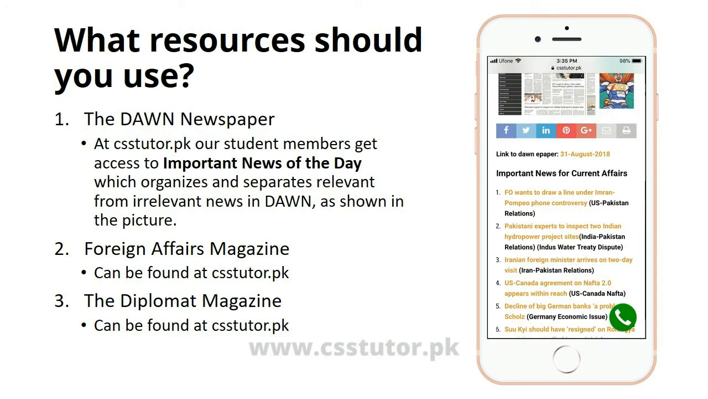In this slide, we're going to talk about what resources you should use. Firstly, you should use the Dawn newspaper. At csstutor.pk, our student members get access to important news of the day, which organizes and separates relevant from irrelevant news in Dawn, as shown in the picture. Then you've got the Foreign Affairs magazine, which can also be found at csstutor.pk. The relevant information is available on our website. And lastly, you've got the Diplomat magazine,